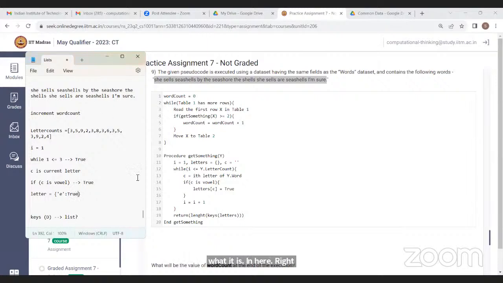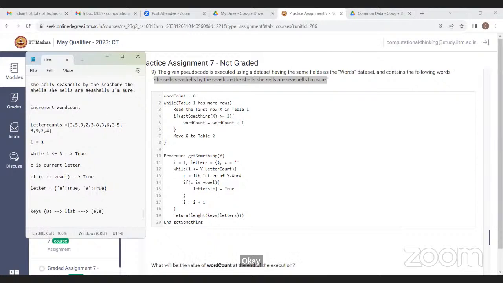So in the next iteration, in this scenario, the first one is E. The second one will be A, right? We'll have A, which is also true. Likewise, A, again E. So you have only true, in this scenario, A and E. So this should return the length of keys. Keys gives you a list, right? So you have E and A, and the length